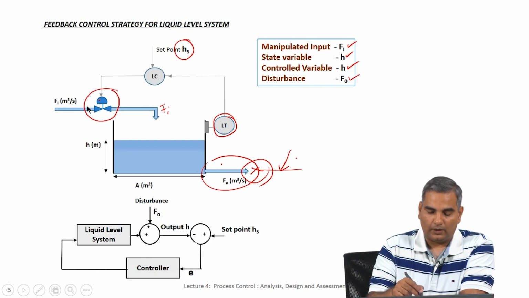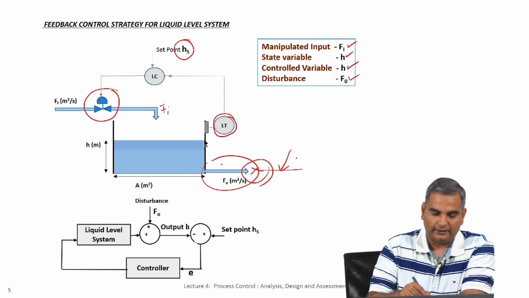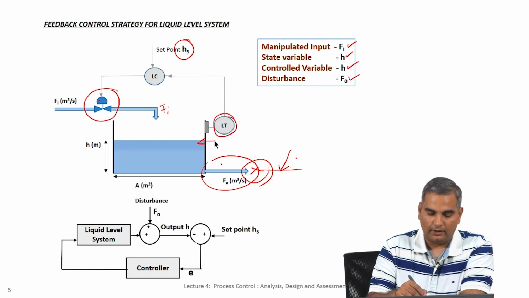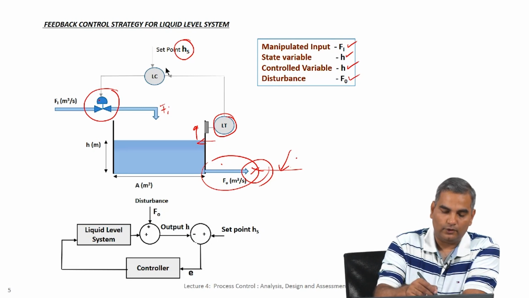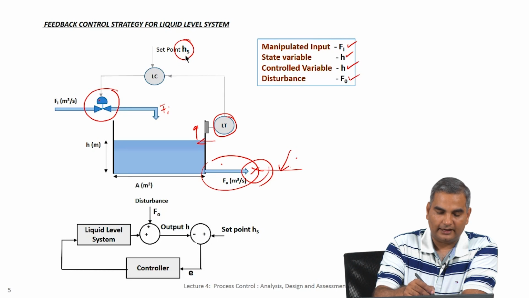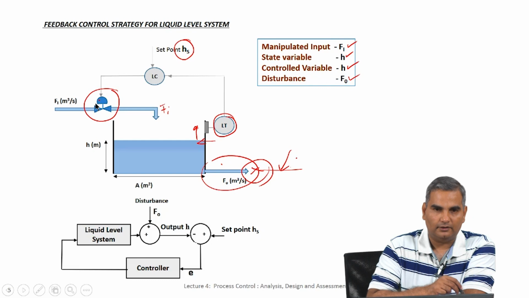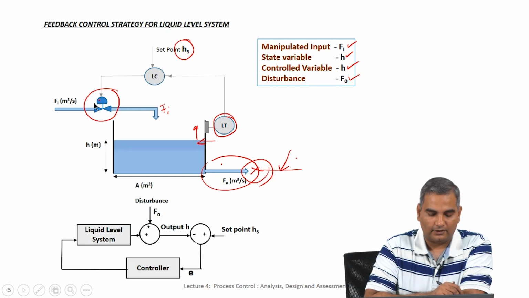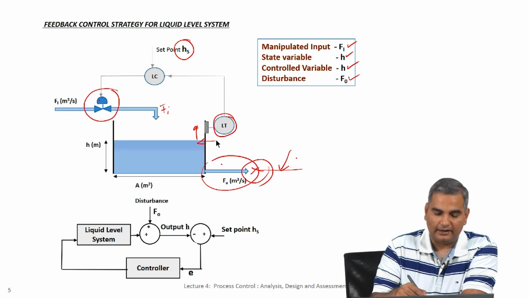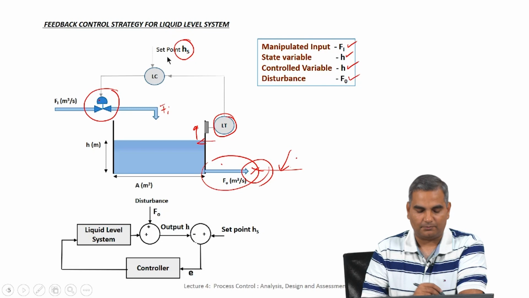So, in this case what will happen is, supposing you want to maintain the height at this level. Now, if the height increases, the level transmitter will figure out the height is more than what it should be. So, it will go here and check the set point, and then say the height is more than what the set point should be. So, that basically means I have to reduce the inlet flow rate and so on. So, this is how this feedback controller will work. So, the feedback really comes from measuring the actual control variable and checking it against a set point.